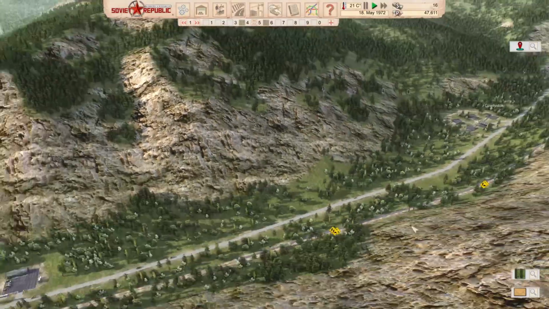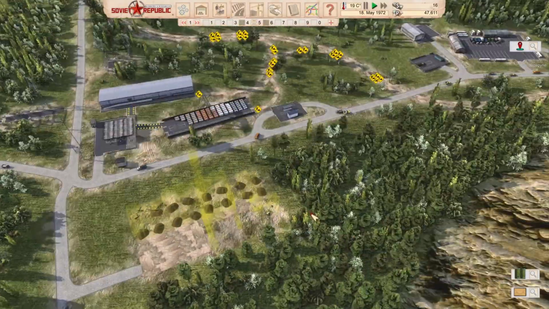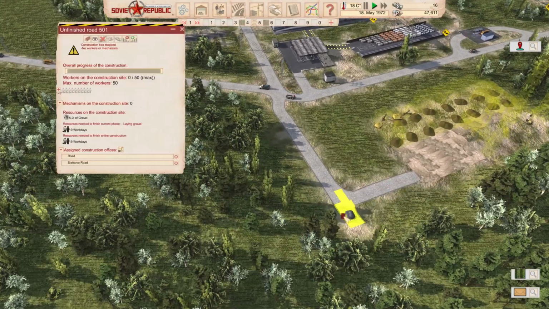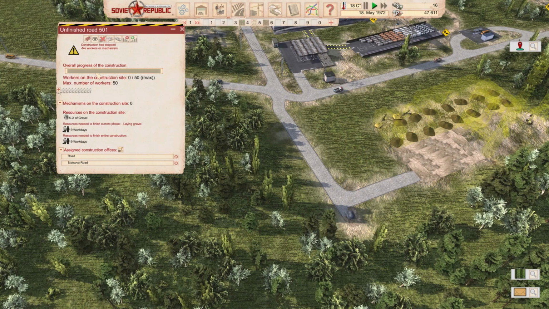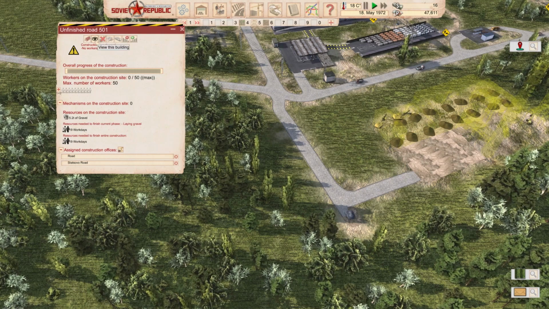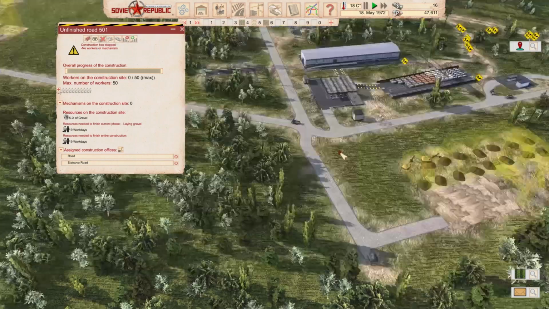The band's gonna make it, but we need to finish this one. This is gonna require coal. What are we gonna do with coal? How are we gonna get coal here? Sorry about that. How we're gonna get coal here is